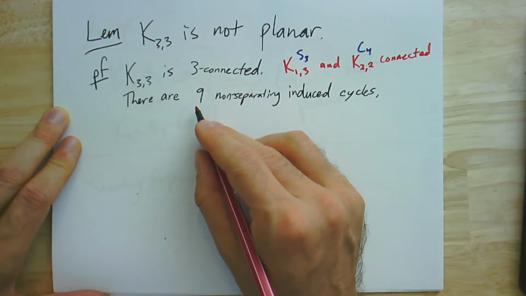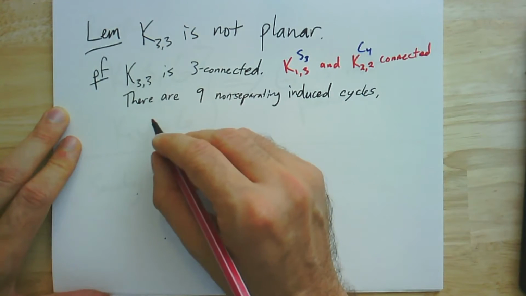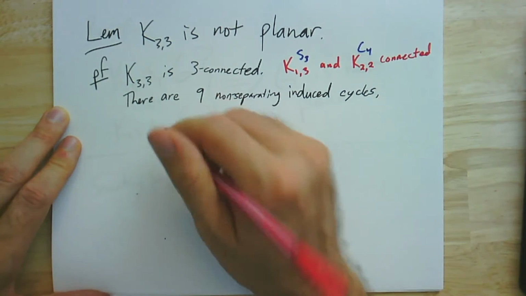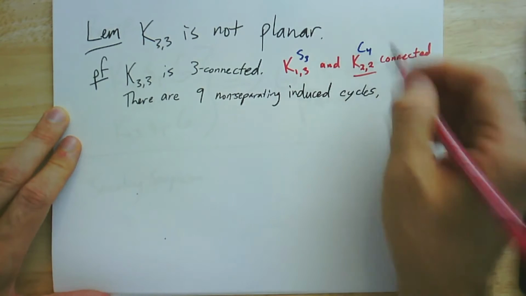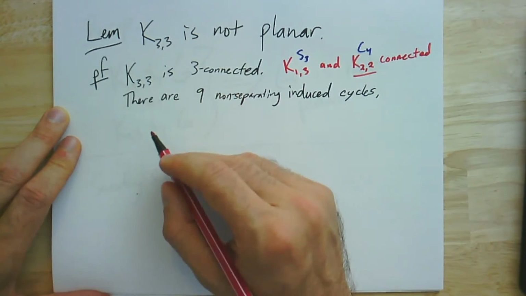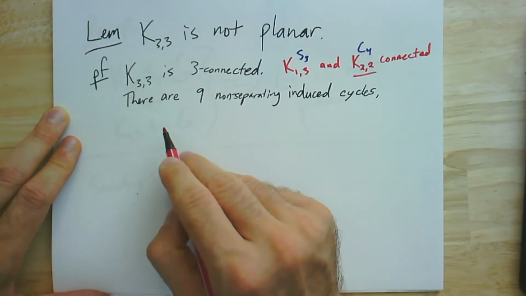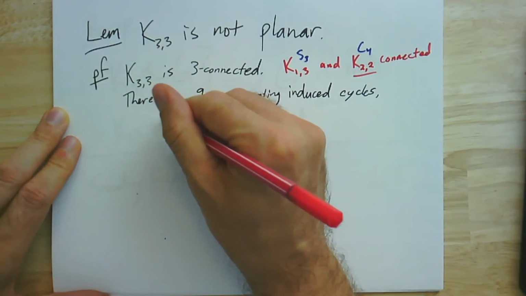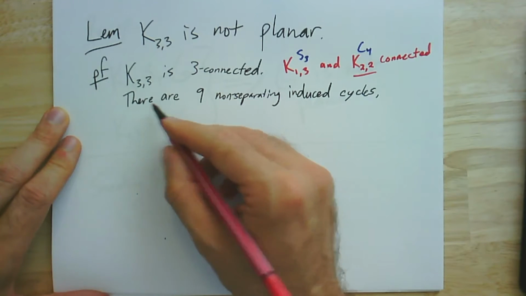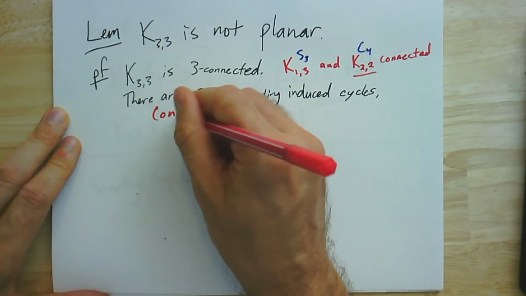I can get one of these non-separating induced cycles just by picking out any 2 vertices from one part of the partition and any 2 vertices of the other part, because the result will be a K22, a C4, the induced subgraph is a cycle of length 4. And there won't be any cycles of length 3 or 5 because it's bipartite and there are no odd cycles in a bipartite graph. And there won't be a cycle of length 6 because if I took all 6 vertices, I'm going to end up with some extra edges, so it won't be an induced cycle. Okay, so I get one